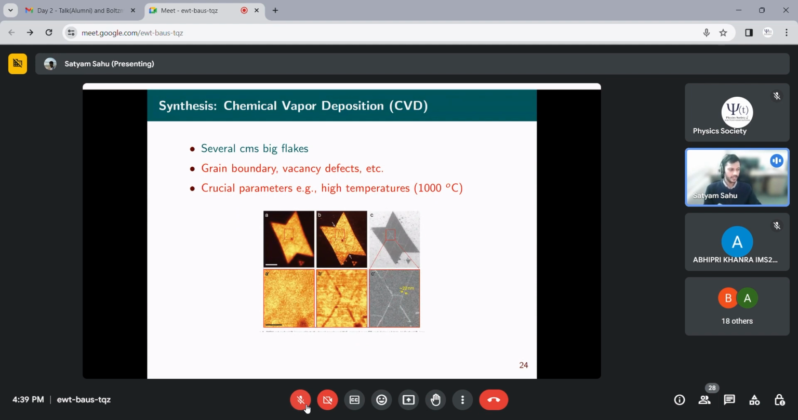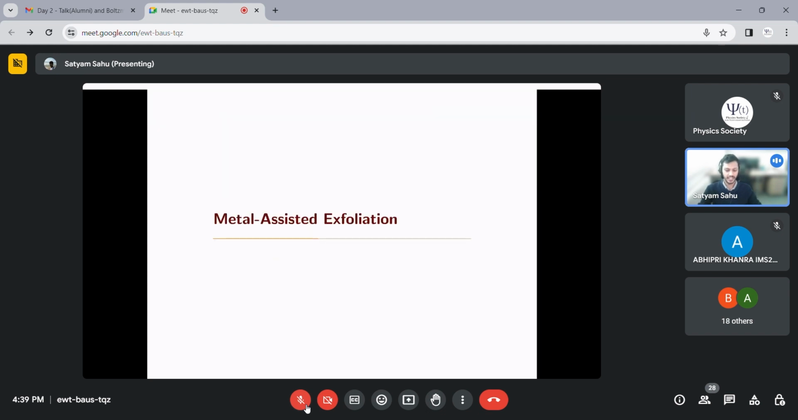So essentially, this brings me to the end of the second part of my talk, where I wanted to discuss a bit about two-dimensional materials. Now, the major part which I'll be discussing is metal-assisted exfoliation. So here,